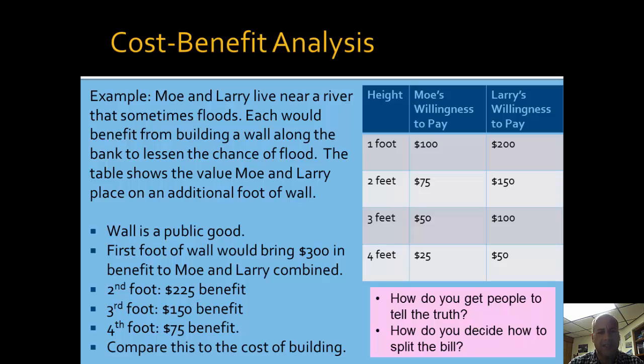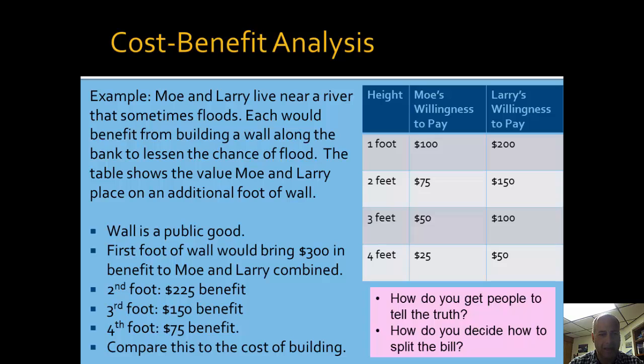So consider this example. Mo and Larry live near a river that sometimes floods. Each would benefit from building a wall along the bank to lessen the chance of the flood. And the table shows the value Mo and Larry place on an additional foot of the wall. The higher the wall, the lower the probability of a flood. Mo has a lower willingness to pay for the levee, while Larry has a higher willingness to pay for the levee. You might think of this as, say, Larry has a nicer house, so he's got a more valuable piece